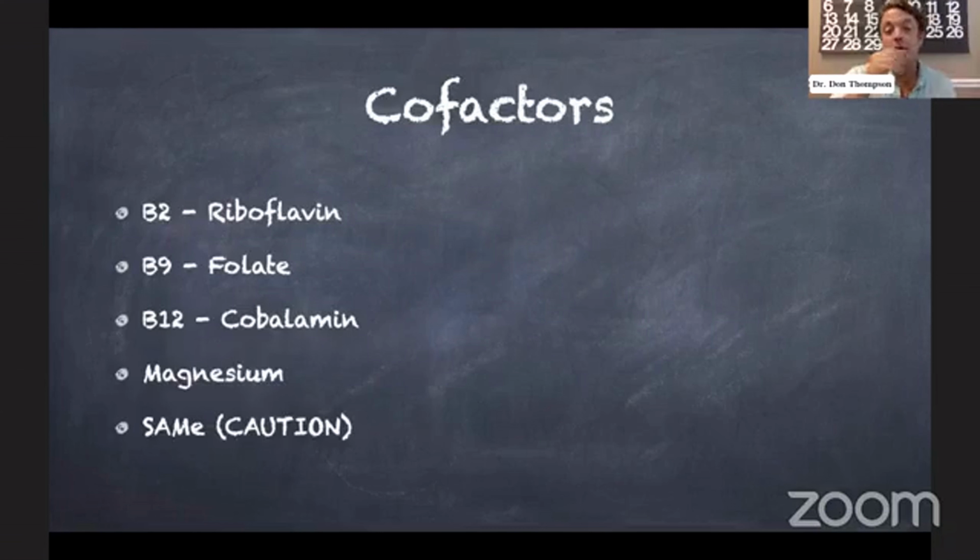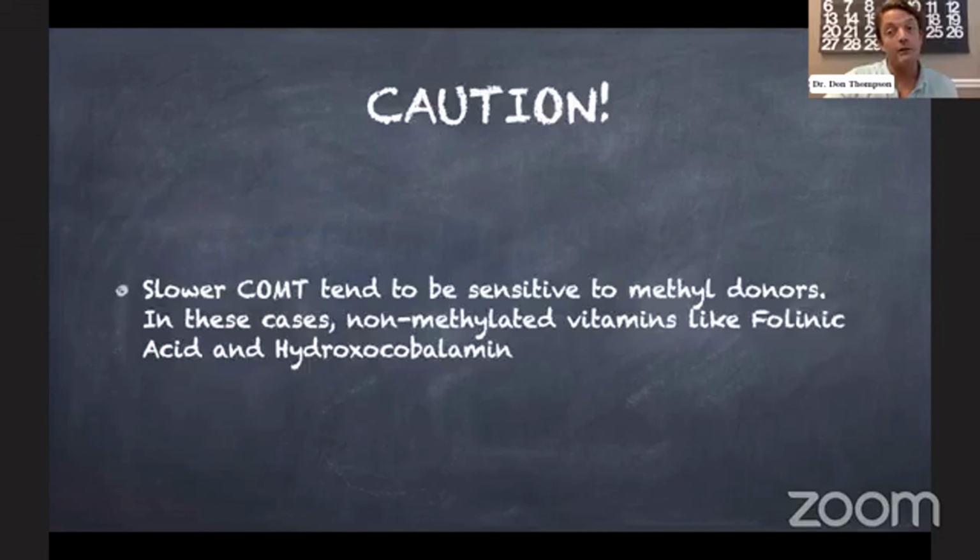B2 riboflavin, again, is really calming. The folate and the cobalamin, we really got to watch these. These are your methylated forms of nutrients. So the B9, the B12, and the SAMe, we must be careful. If you have the slower COMT, you may be sensitive to the methyl donors. And in this case, you might need to do the non-methylated vitamins like folinic acid, which is still a great folic acid type of supplementation,